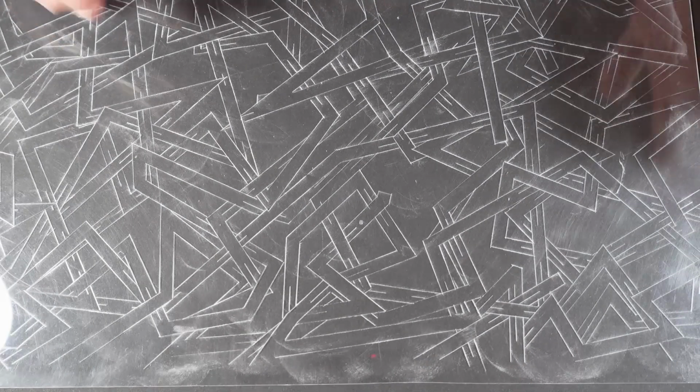Quite often with this, I'll just put it on the floor and scuff it up a bit, and it just gives a bit of character to the print. It's excellent. So I'm not worried about anything like that. So the next thing I'm going to do is take